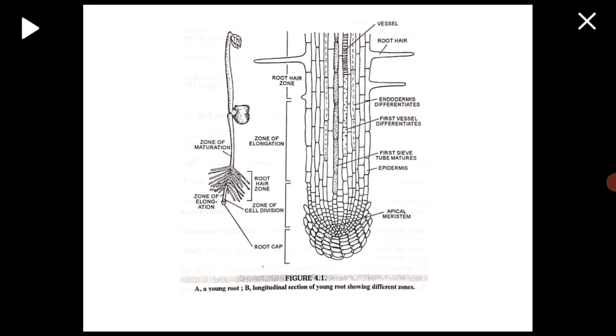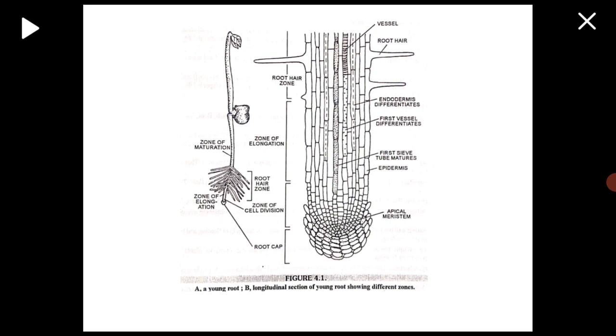Next, haustorial roots. Roots of some parasitic plants act as haustoria, example Cuscuta. They penetrate up to the phloem of the host and absorb the nourishment. Next, assimilation. Roots of some plants are photosynthetic, example Trapa, Tinospora.